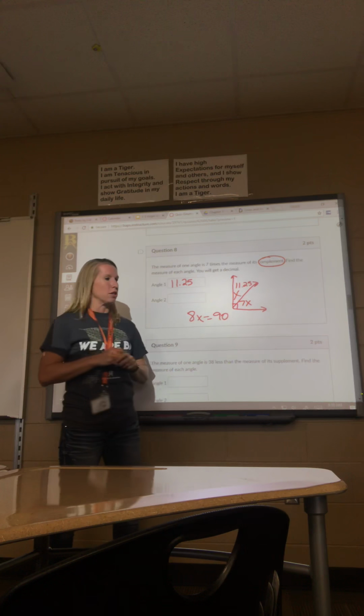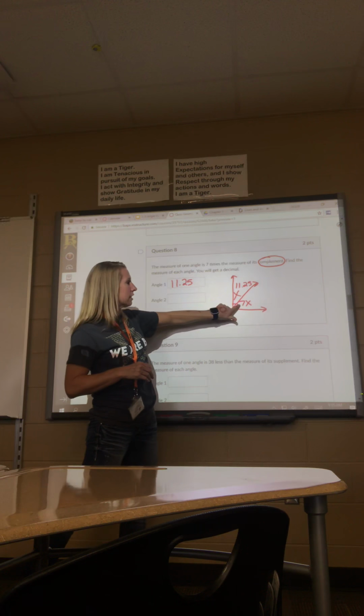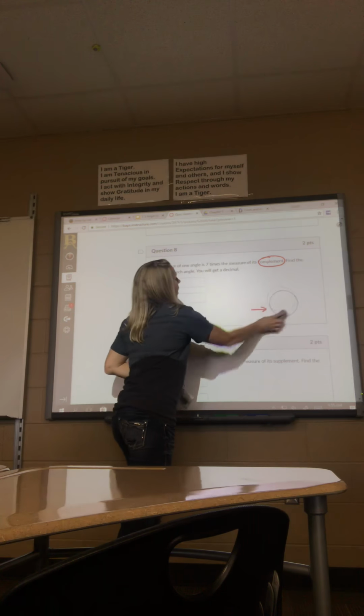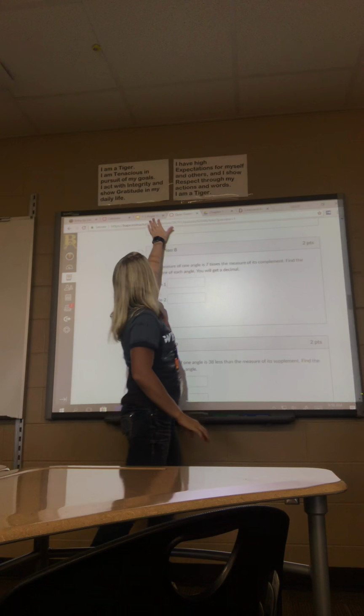7 times 11.25, and then supplementary. Because one of the angles is x, we found x. The other angle is 7x. Okay, if it's ever supplementary,